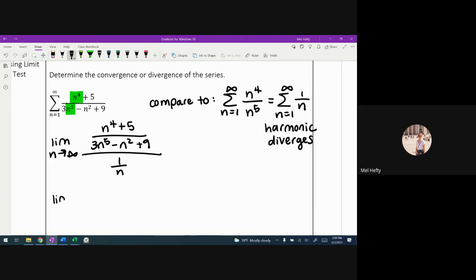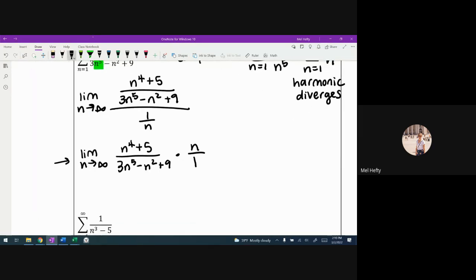So usually I will start right here. N to the fourth plus 5. That's a terrible division bar. Times n over 1. I like it just to remember that there's two fractions. All right, you might be able to see the answer to this question already. I'm going to distribute that n in the top to make it n to the fifth plus 5n all over